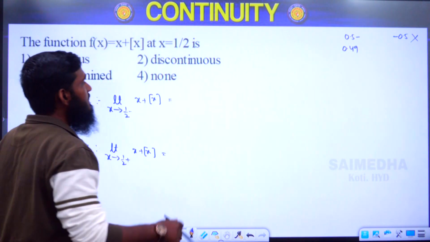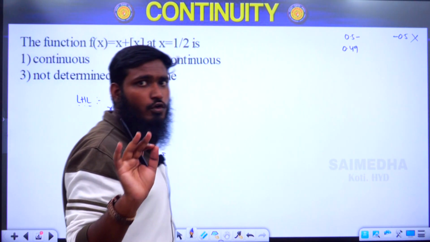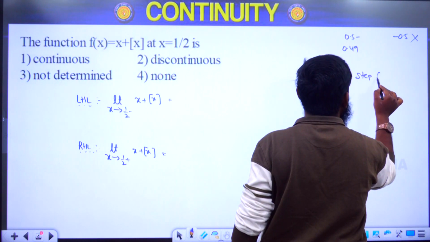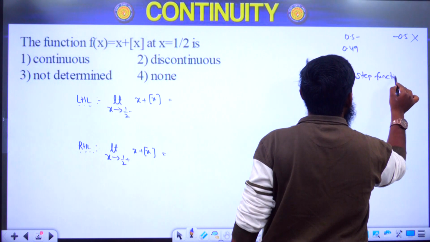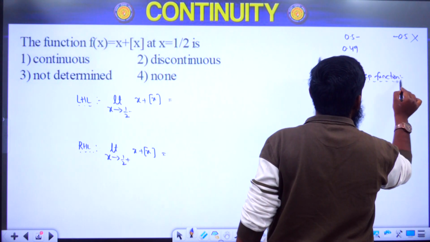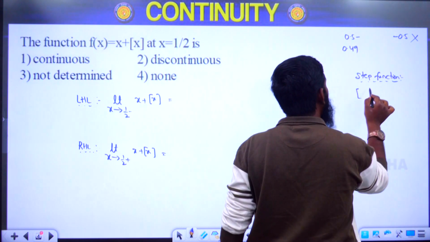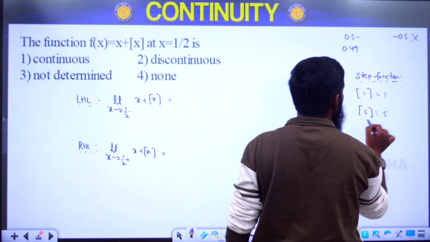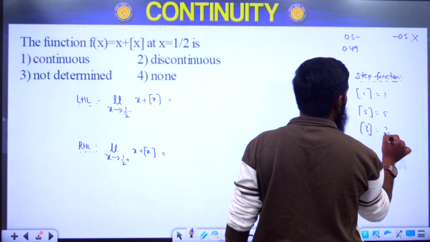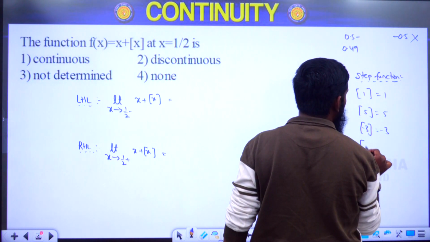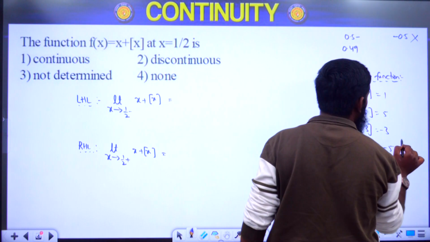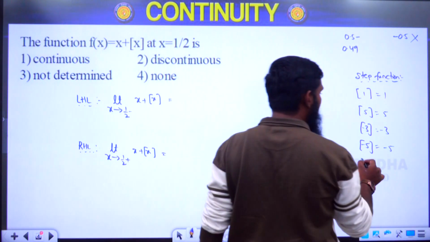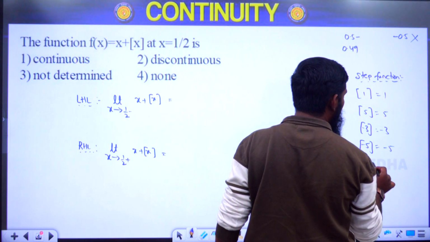Now listen carefully, you should know the step function property. According to the step function, bracket of 1 is equal to 1, bracket of 5 is equal to 5, bracket of 3 is equal to 3, bracket of minus 3 is equal to minus 3, bracket of minus 5 is equal to minus 5. Whatever integers we take, we get the same numbers. But whenever we have decimals, like bracket of 1.2,